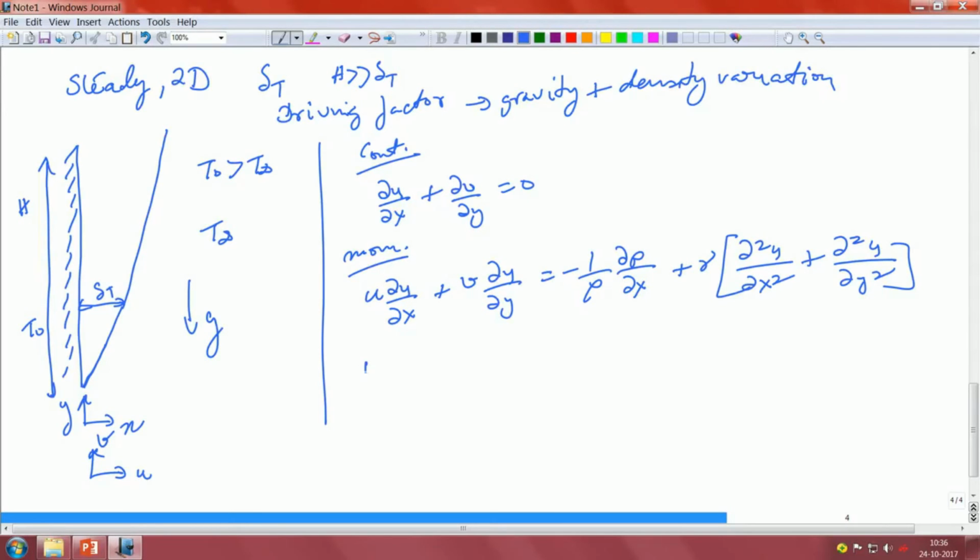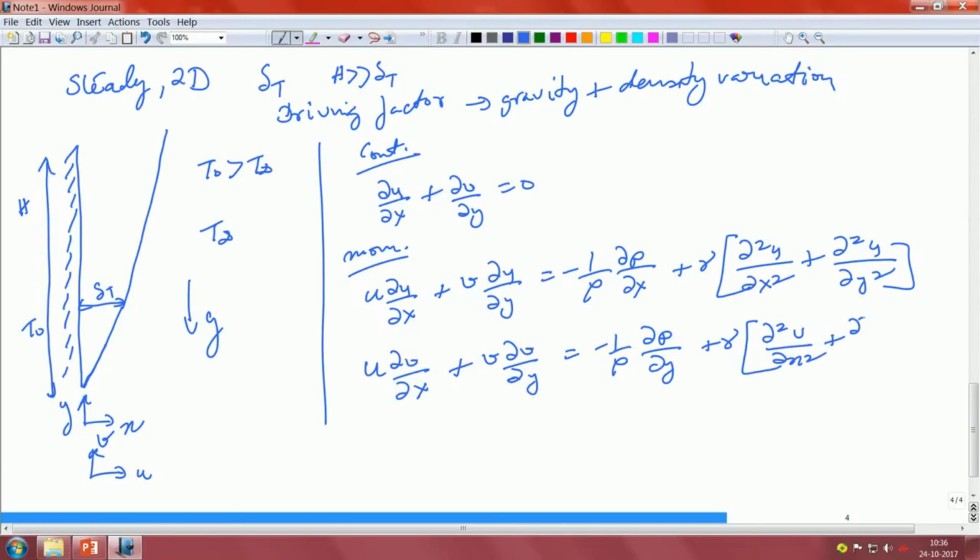On the other hand, in the y momentum, minus g, g is the additional term that you have, right. Okay. So, up to this, of course, we have just, and then of course, the energy equation